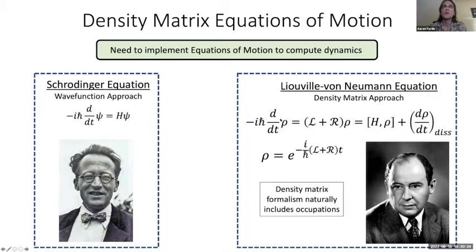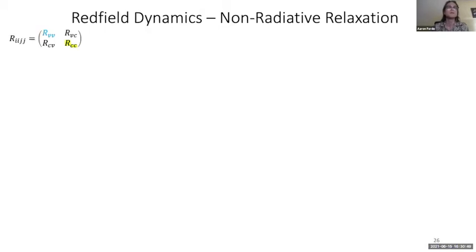Yeah, formally they're equivalent, but the density matrix formalism is nice because it naturally includes occupations as a part of its formalism. So it's natural to describe changes in populations due to thermal motion. And just to give an idea of how the dynamics are run, which will be shown later in the slides,